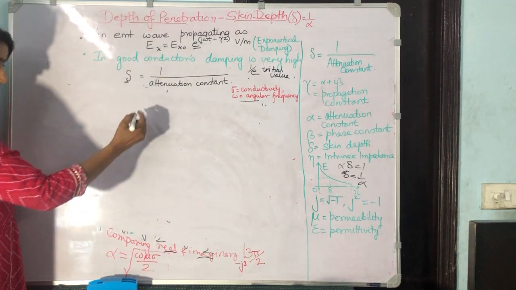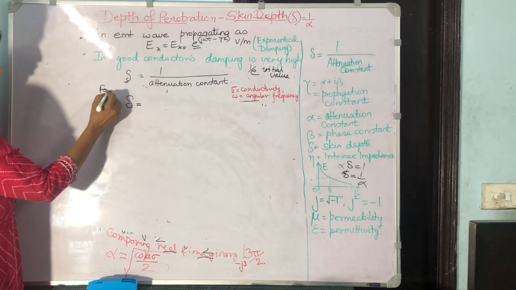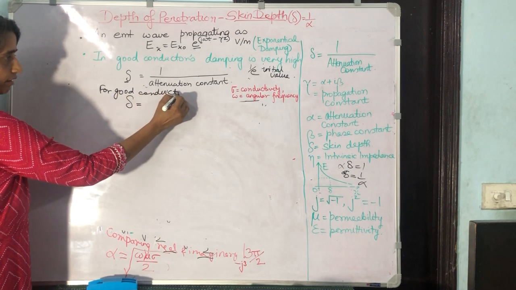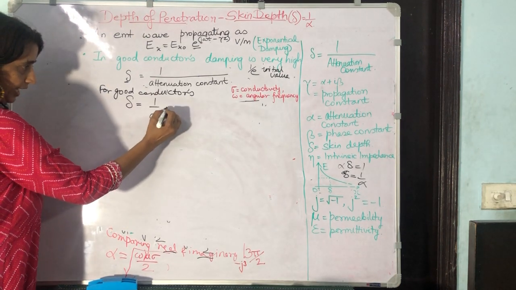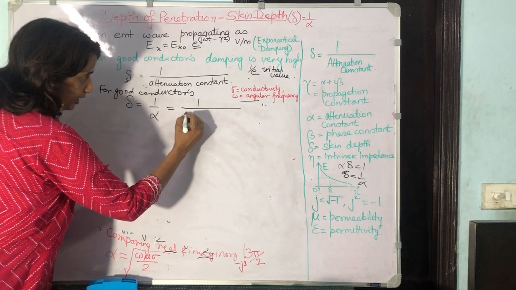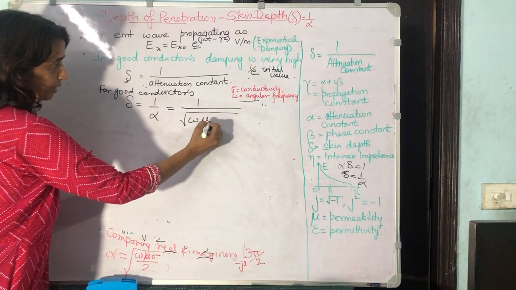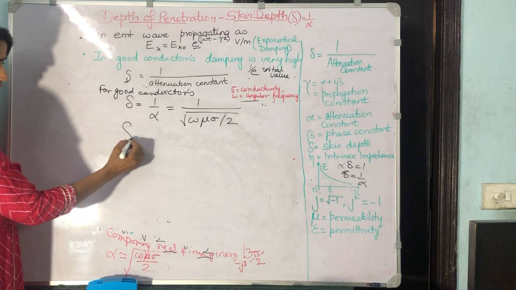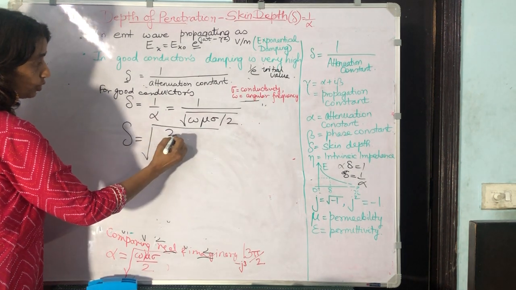So the skin depth for good conductors is 1 upon alpha, which is equal to 1 upon under root omega mu sigma divided by 2, which gives skin depth delta equal to under root 2 upon